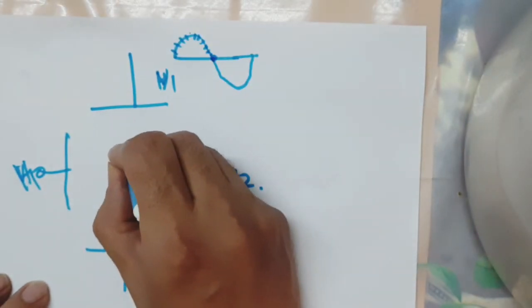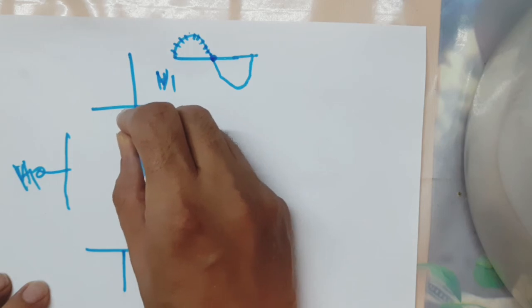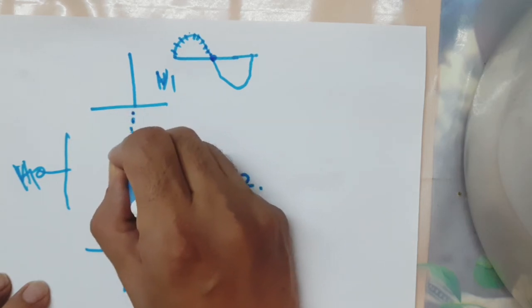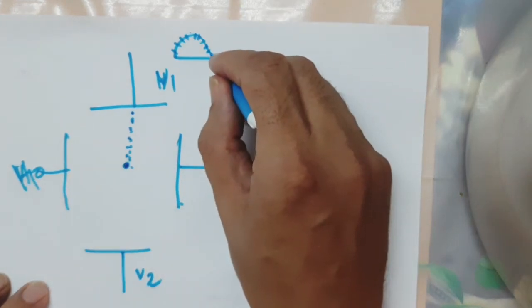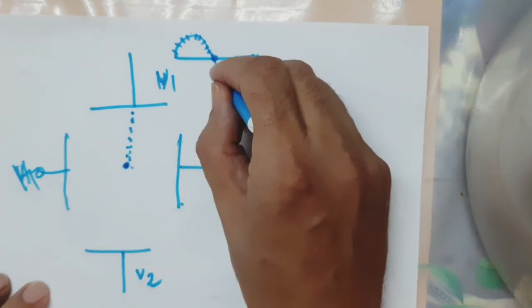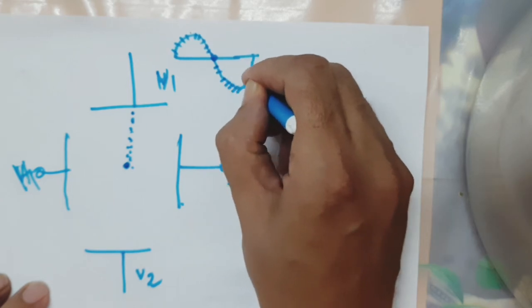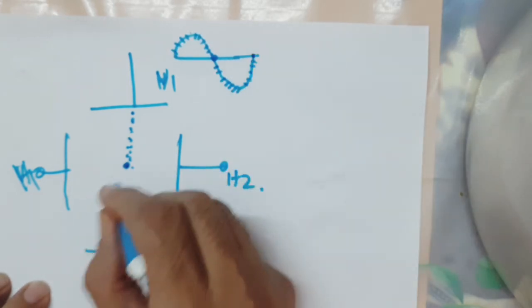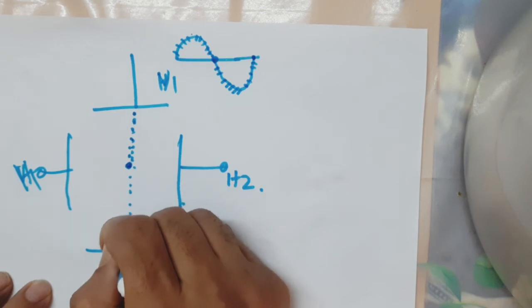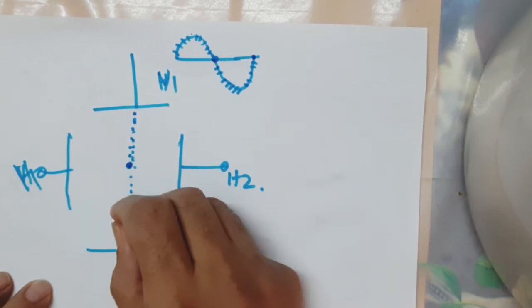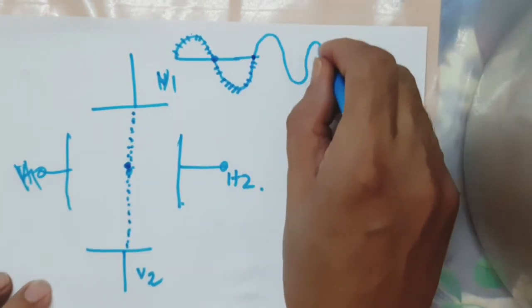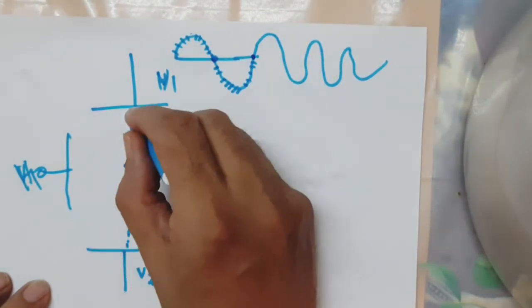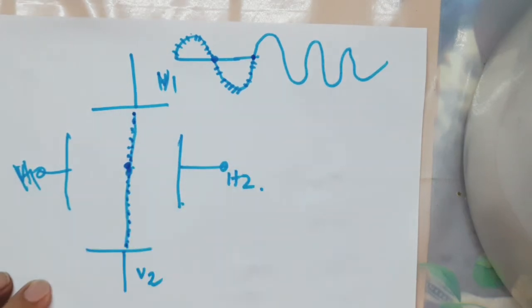So the spot moves to the upper terminal side, then comes back to 0. Now the lower terminal side is more positive and then 0. So it moves in this direction and then again 0. This waveform is continuous, so we are getting a straight vertical line on the screen of the CRO.